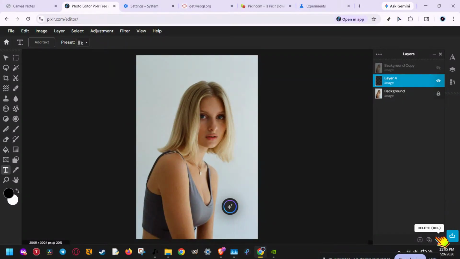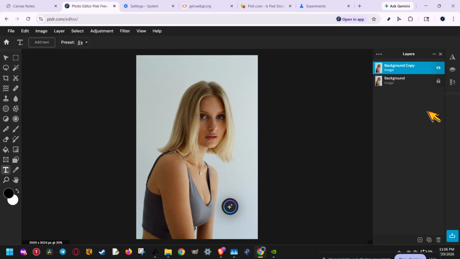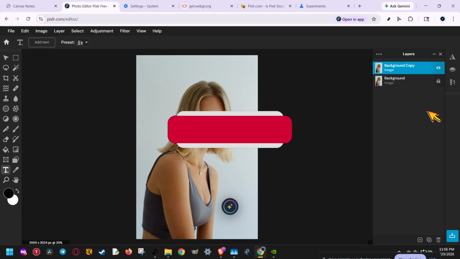If your Pixlr text tool is not working, don't worry. In this video, I'm going to walk you through the fastest fixes step by step so you can get back to editing without losing time. This problem is usually caused by a browser cache issue, a conflicting extension, a graphics setting, or in some cases, a font problem inside your project. The good news is that most of these fixes are simple, safe, and easy to try even if you're not